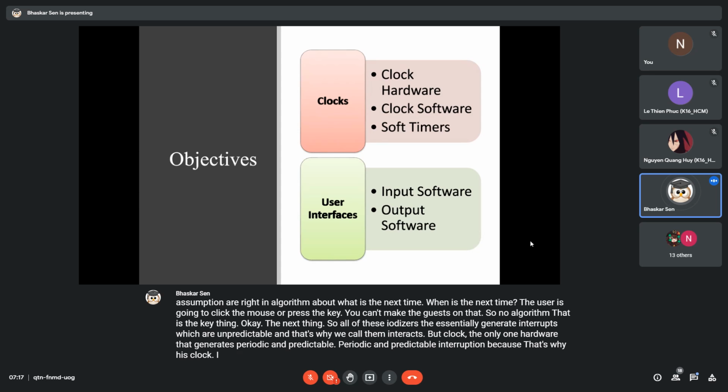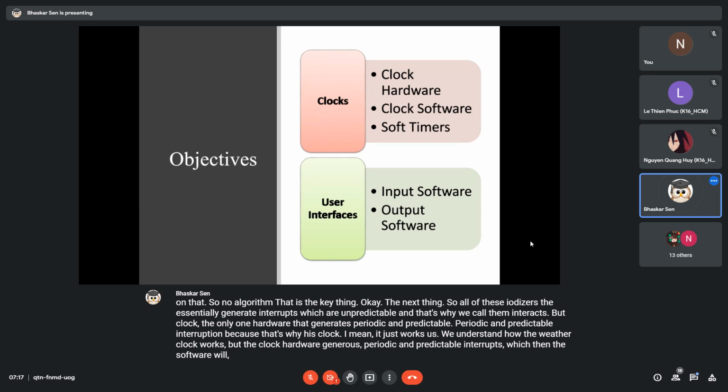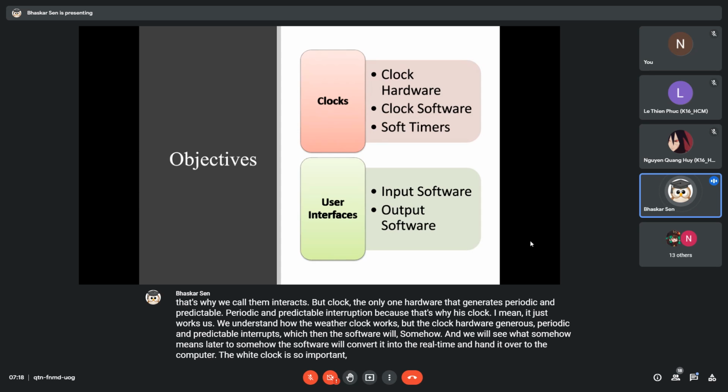It just works as we understand the way the clock works. The clock hardware generates periodic and predictable interrupts, which the software will somehow, and we will see what somehow means later, convert into real time and hand it over to the computer. Why is the clock so important? Clock is so important because